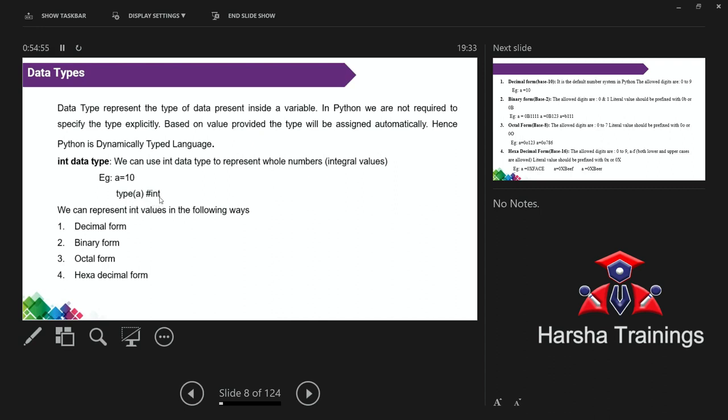So the output is int. Suppose A is equal to 5.3. If you are writing type of A, the output is float. Remember, this is one important function. Type specifies the type of variable that is stored. What type of information we are storing, that is given by type.